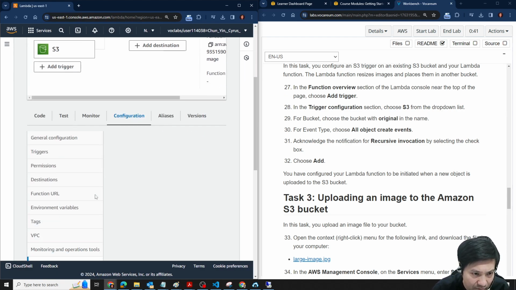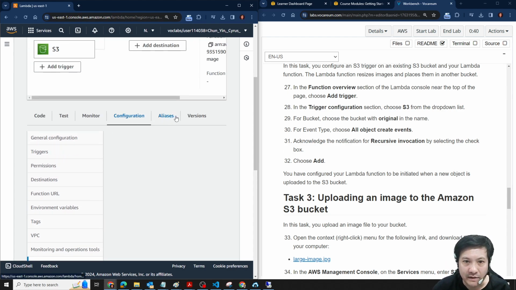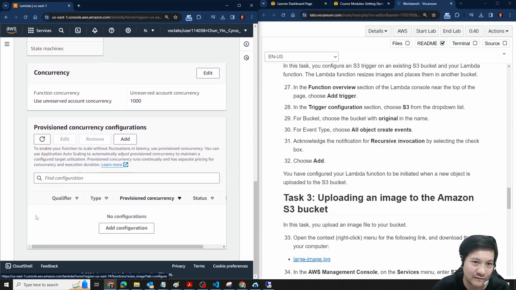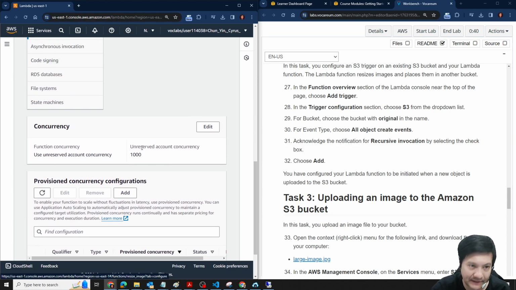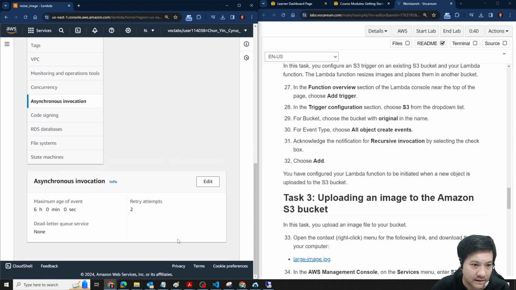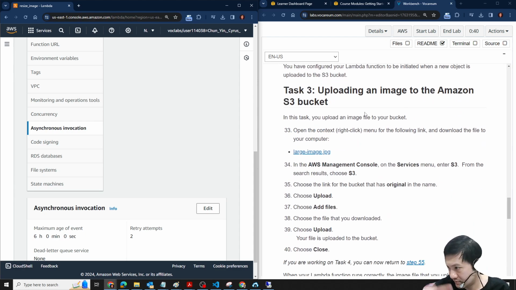This is the maximum, but I don't remember where. There is a place where you can set the maximum concurrency, though I can't remember how to set it right now. That is one method to protect yourself. Here, reserve means it is always guaranteed for it, but there is a place where you can set how much it can use. Okay, let's continue. Now you have done your resize image application, you can try it. You go to the S3 bucket